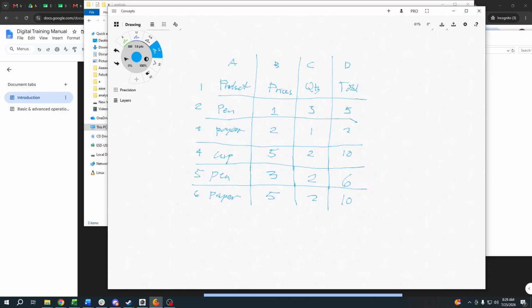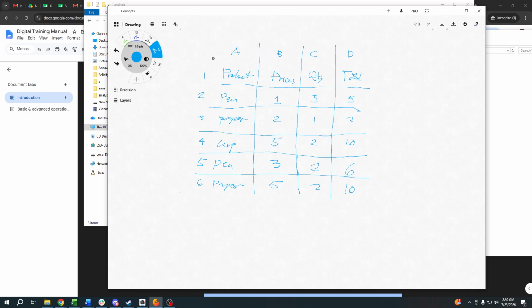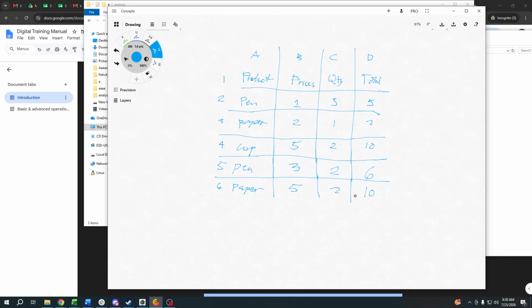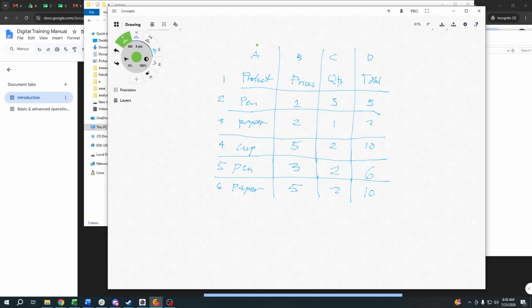Now, in Excel, it's like you have a list, and the purpose of this list is just recording the previous purchases that you made before. In a computer, cells are located based on Cartesian coordinates. So the rows are row one, two, three, four, five, and so on. For the columns, it's column A, B, C, D.